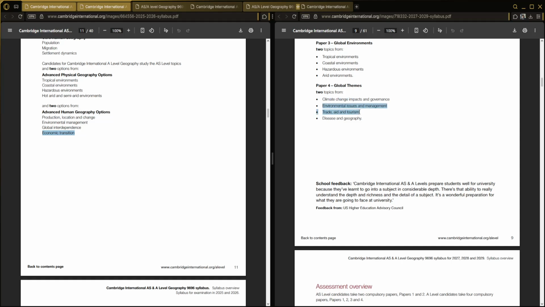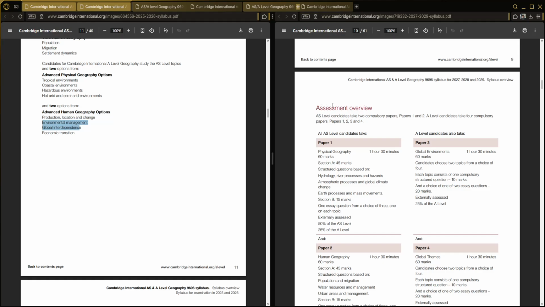For environmental issues and global interdependence, it's still roughly the same topic. However, with the difference of climate change and environmental issues, you now have to acknowledge that there is a separation between environment and climate change. So the environmental issues are more pollution and localized impacts, whereas climate change obviously is a global thing, though they can be interchangeable sometimes.